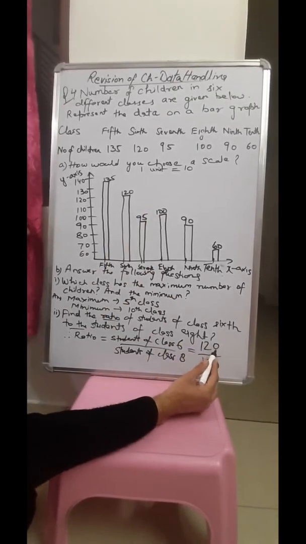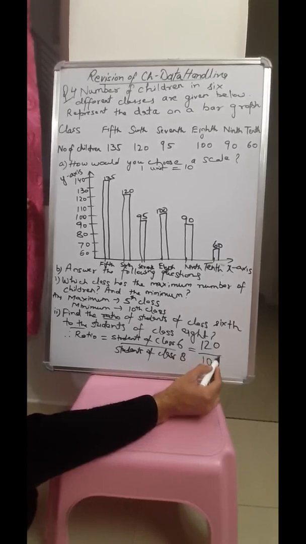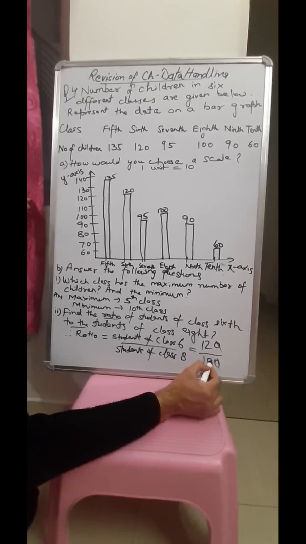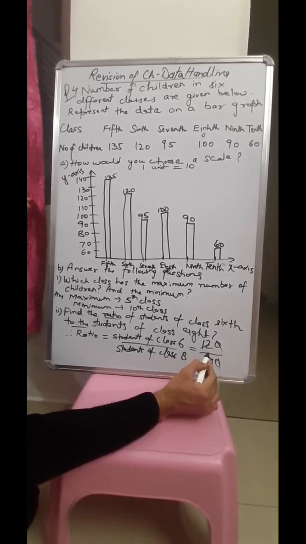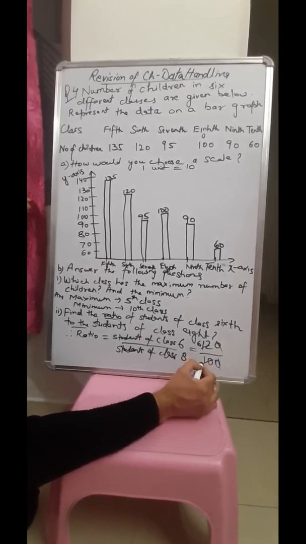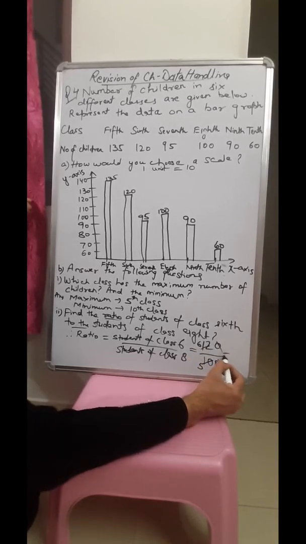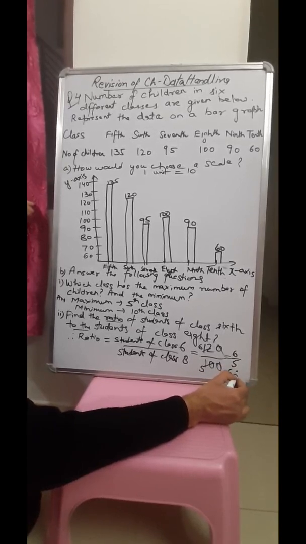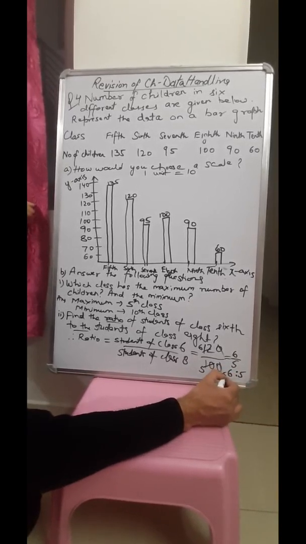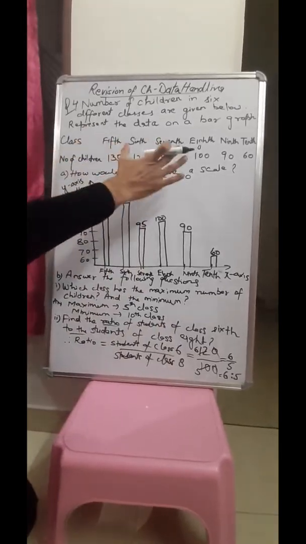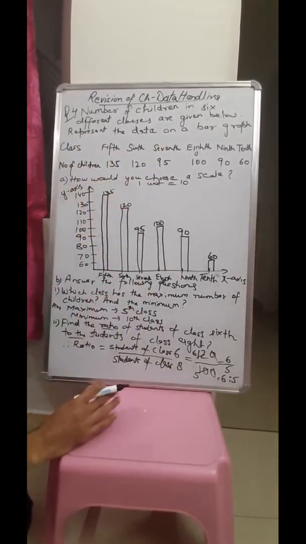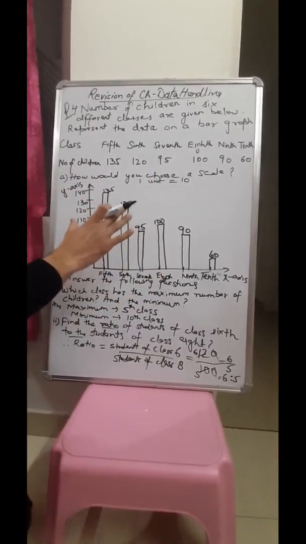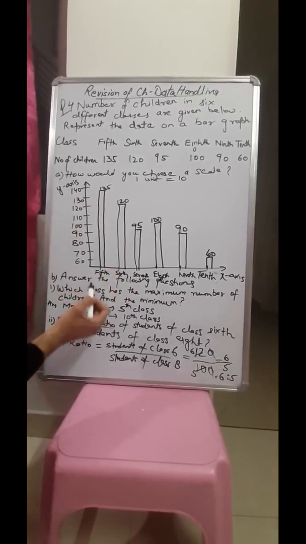Now we have to find the simplest form. The simplest form of this ratio, this fraction: 0 will cancel by 0, and 12 and 10 both come in the table of 2. 2 sixes are 12, 2 fives are 10. So the ratio will be 6 upon 5, and the final answer is 6:5. So in this way, with the help of the data, first I have drawn the bars in the graph. You have to draw these bars in your graph copy, and then you have to answer these questions.